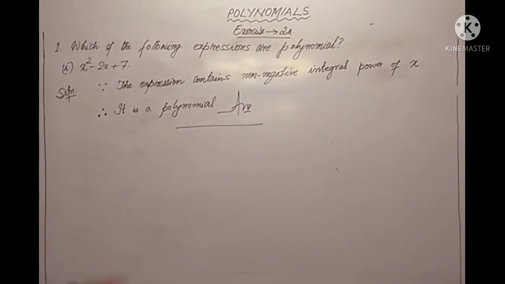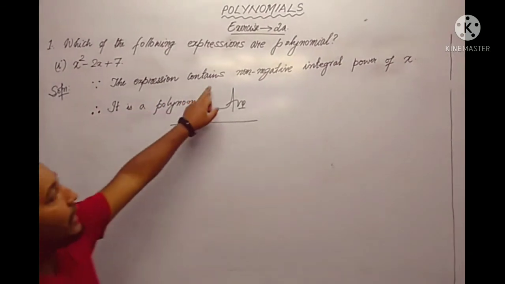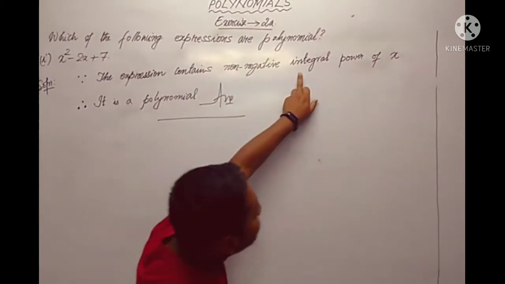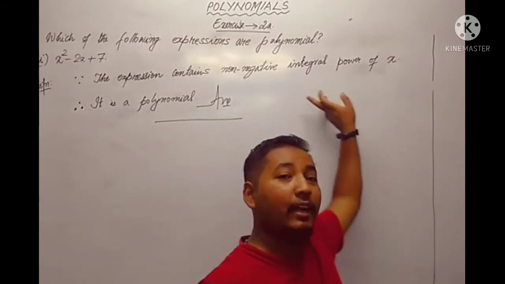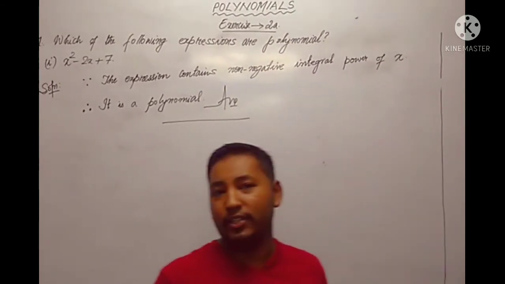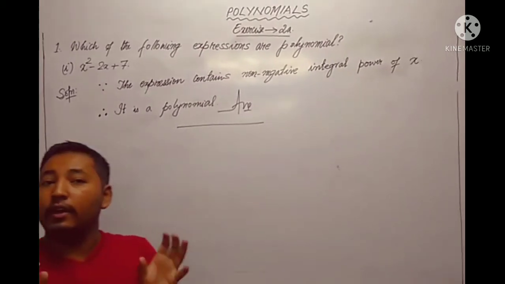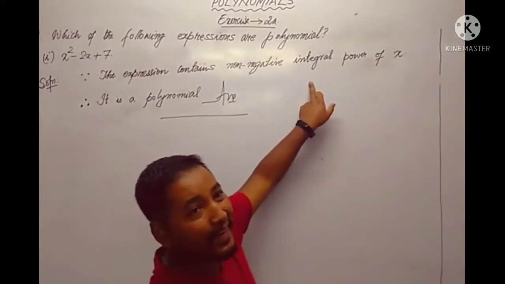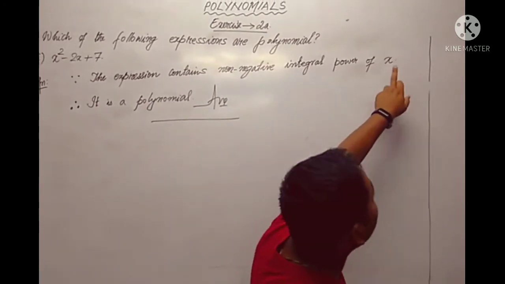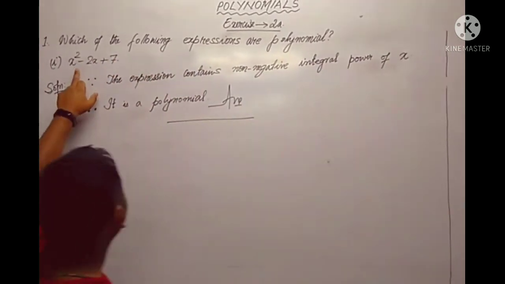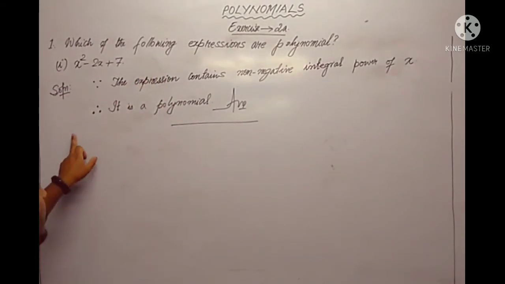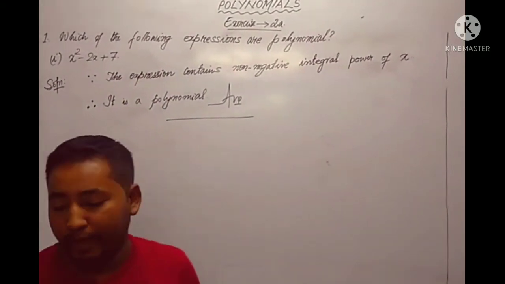Now again let us understand. Since the expression contains non-negative, meaning positive, integral power, integral means which is not in the form of a fraction, not in the form of a decimal, it's a pure number, a natural number. Non-negative integral power of x means the powers of x are positive integers, therefore it is a polynomial. Next question,